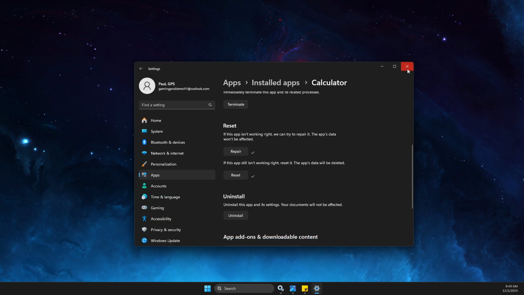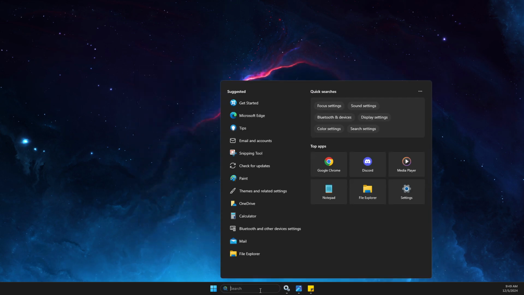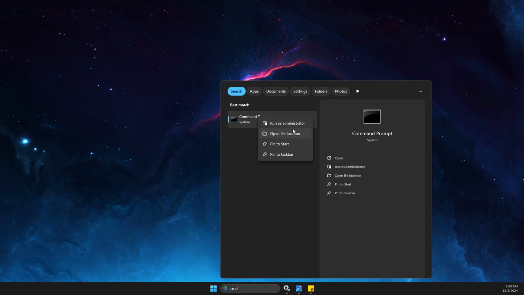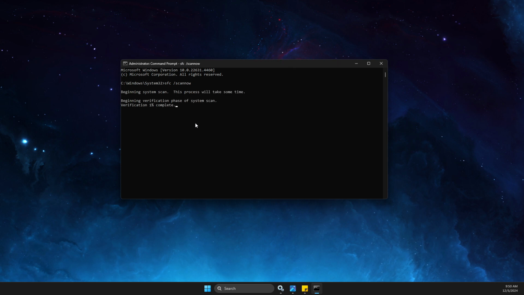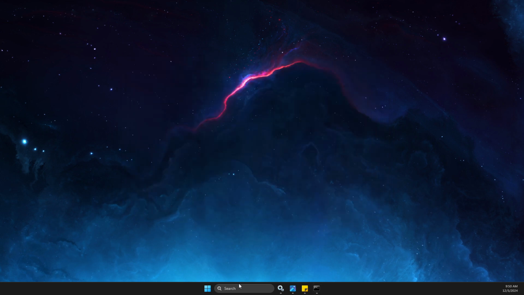If the problem persists, what I suggest to do here next is to open up CMD, right click on it, run as admin. Then here you just need to write sfc /scannow, right? And wait until scan process is done. And after scan process is done, you just need to restart your computer and look if the problem persists or not. If the problem persists, then go to